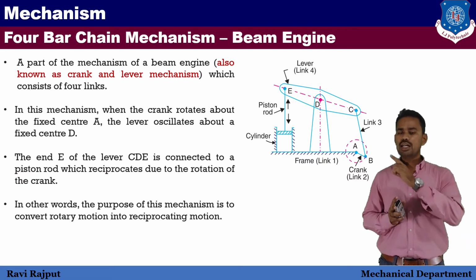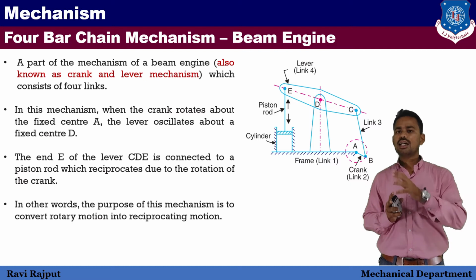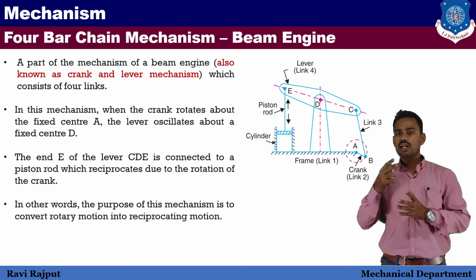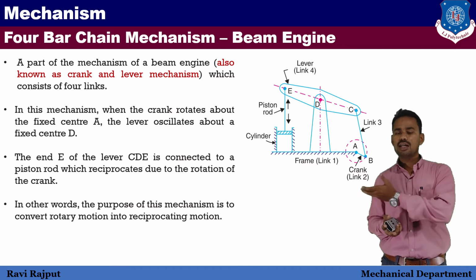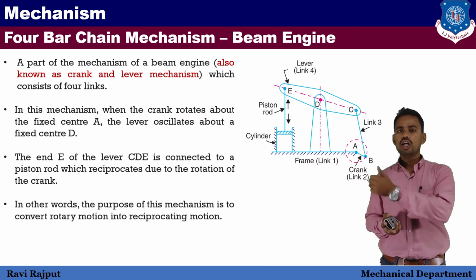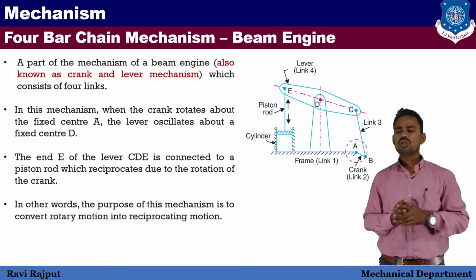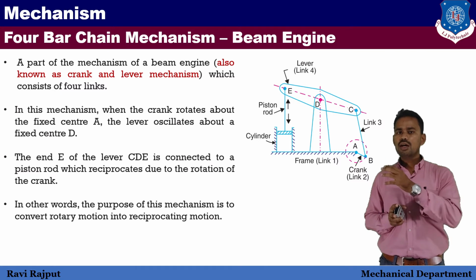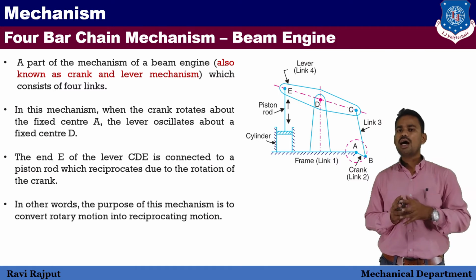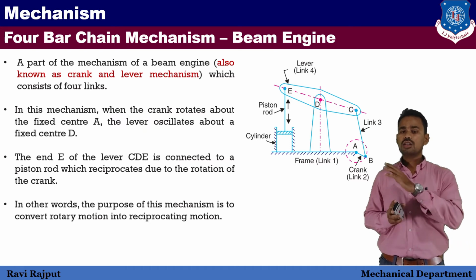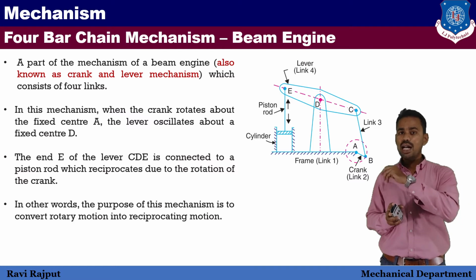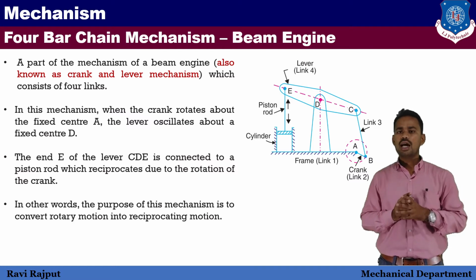At the point D, we can see the lever is connected, and the lever transfers the reciprocating motion that is received from the connecting rod to the piston rod, and then it further extends down to the cylinder. Now the lever, piston rod and piston are all a single component. That means they are a single link. It is not a different link. As we can see here, it might look like different links, but it is not. And why is it not? Because they don't possess any relative motion between them.